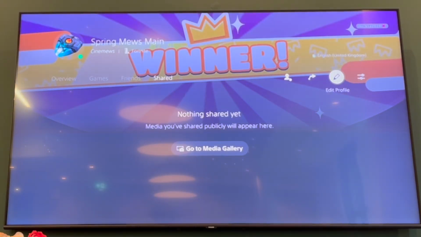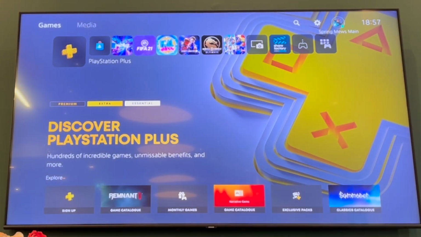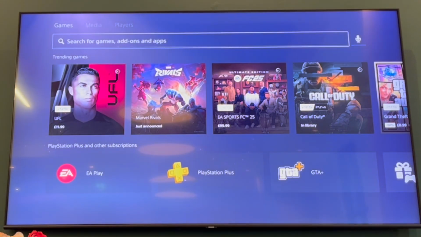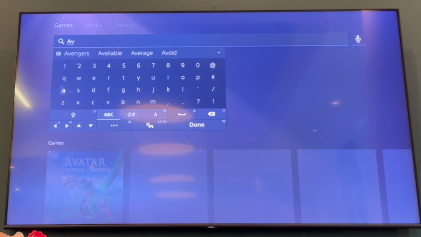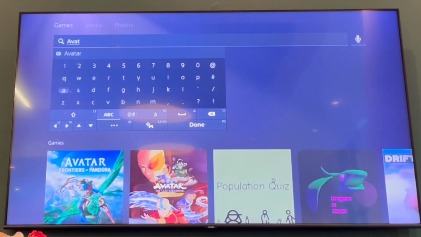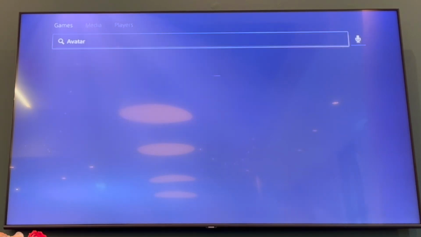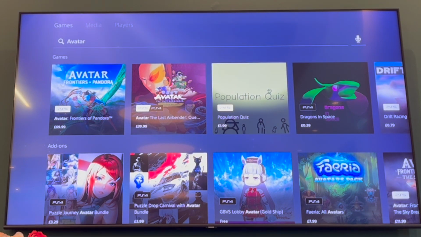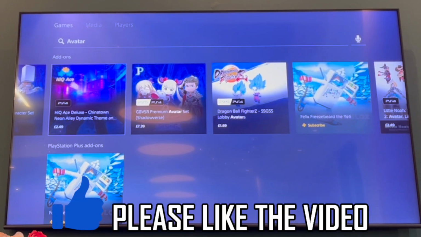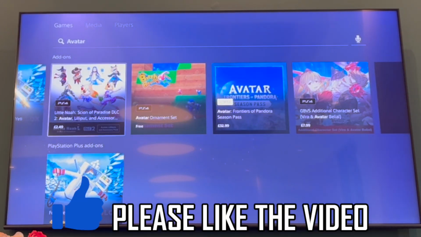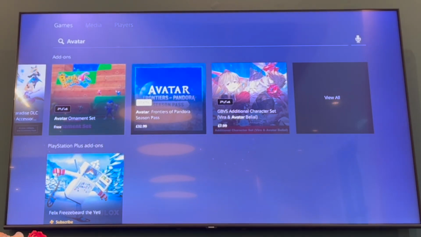And if you want to buy new ones, what you have to do is go to the home screen of the PlayStation 5, then go to the search bar at the top right, then go ahead and type in avatar, or a little bit more detail than that if you know the specific one that you want. Then click done, then click on the avatar that you want. There's different versions there, most of them are in the add-on section. You can click on that, then you can buy them there, or you can also download free ones if it's